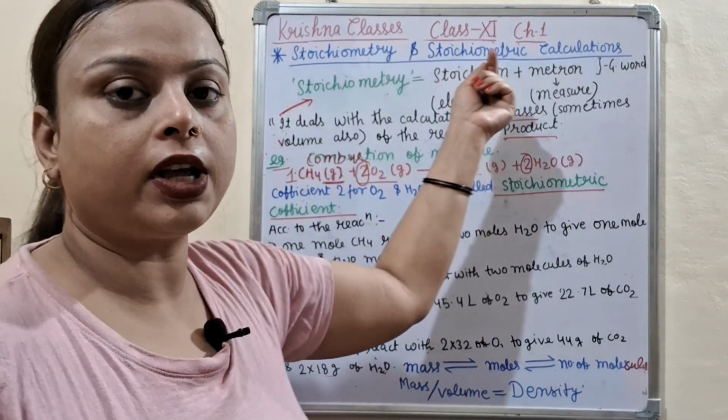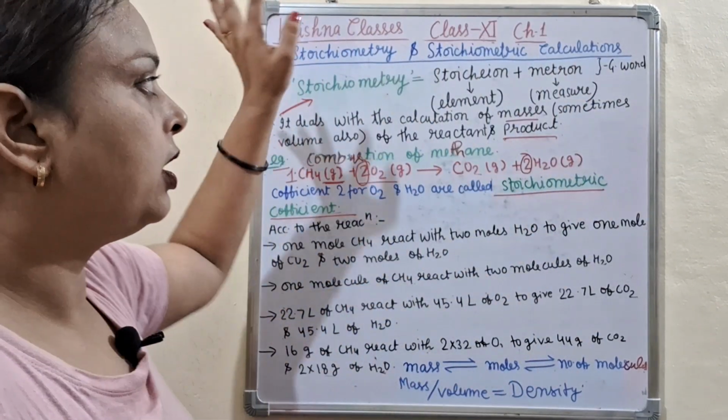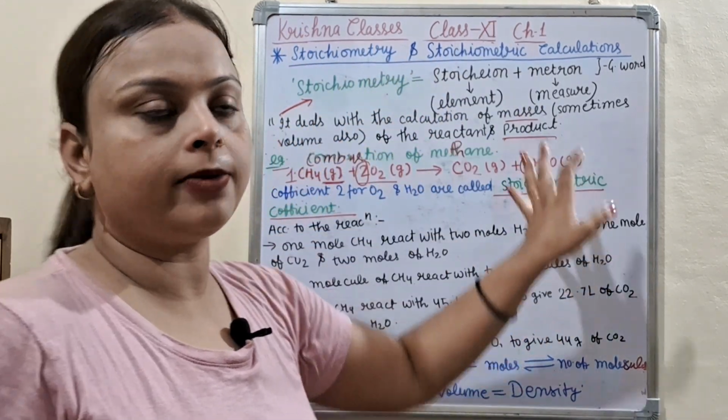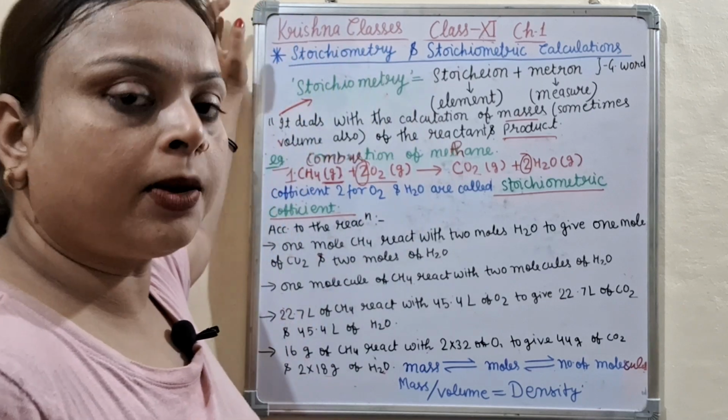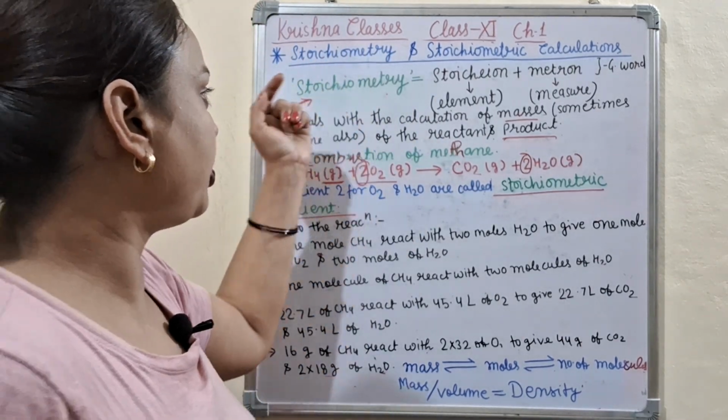Today I am going to tell about stoichiometry and stoichiometric calculation. This topic is related to chapter 1 of class 11th. You know very well, the name of the chapter is Some Basic Concepts of Chemistry. So what is today's topic? Today's topic is